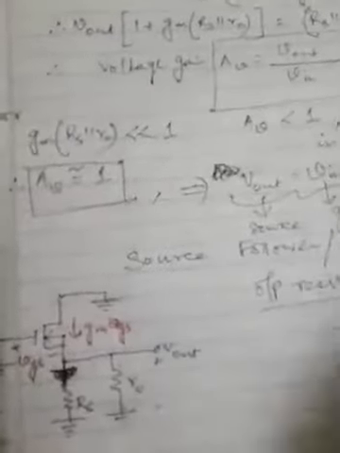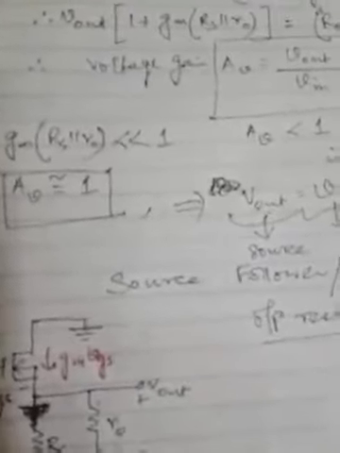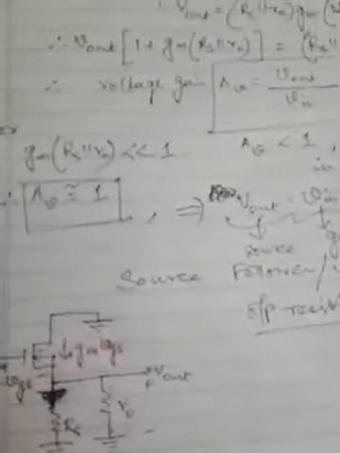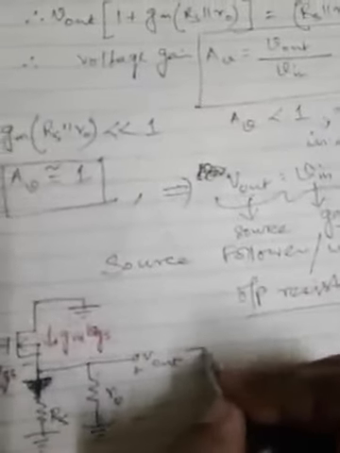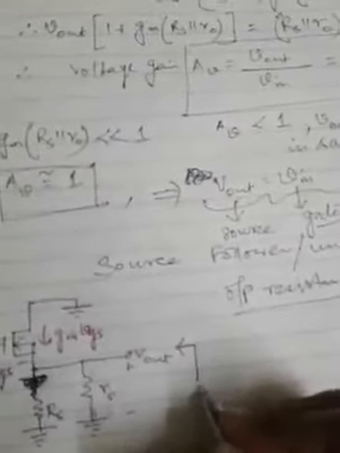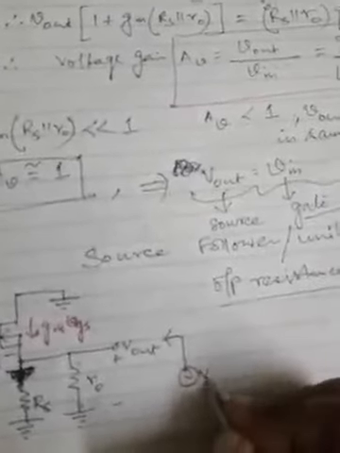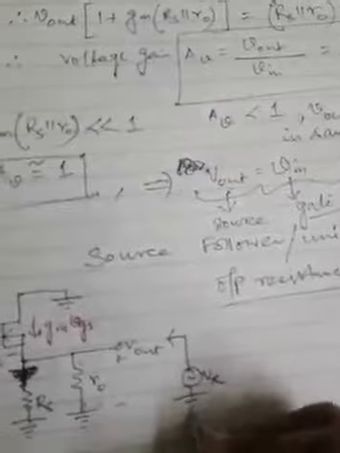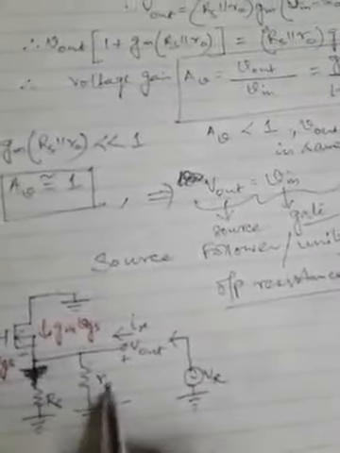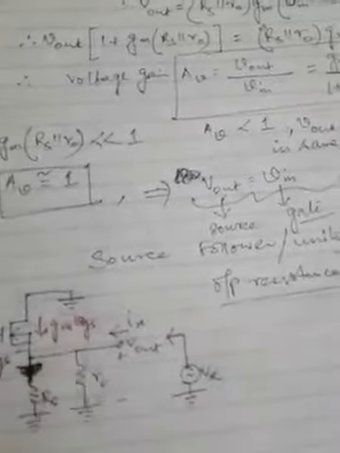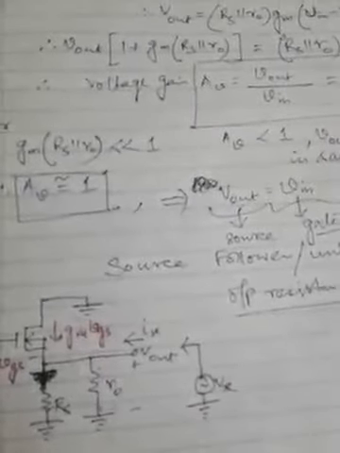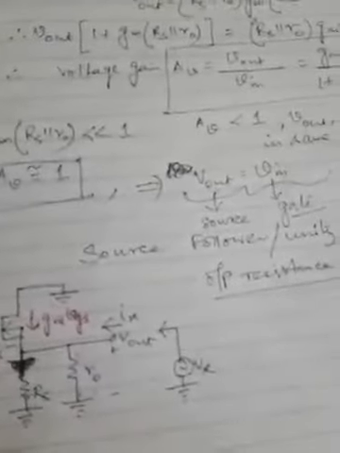Now for finding the output resistance Ro, the procedure is the same as we have used for BJTs and the common source amplifier. We need to connect a voltage source at the output terminal of value Vx, suppose, and this is an AC source which is delivering a current Ix in this particular circuit. So the current that is flowing through the parallel combination of Rs and Ro is Ix plus this current gm into Vgs.